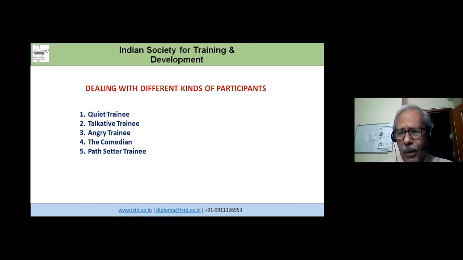Throughout the training program, some trainees sit quiet. As a trainer, it's your duty, and a good trainer will always keep an eye on each and every participant in the class, whether somebody is totally blank, totally passive, or whatever. If somebody is quiet, you should be able to encourage him to come out with it. Sometimes the trainee is not lacking in knowledge, only in the confidence to speak out a question. So just encourage him to speak out.